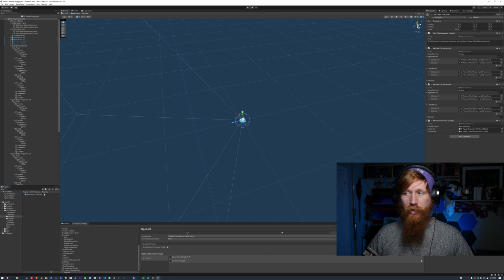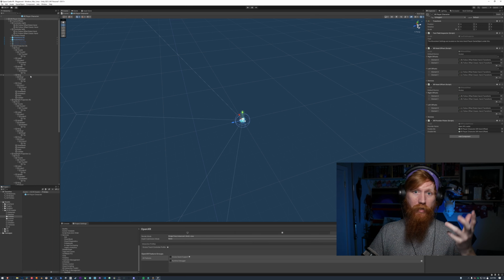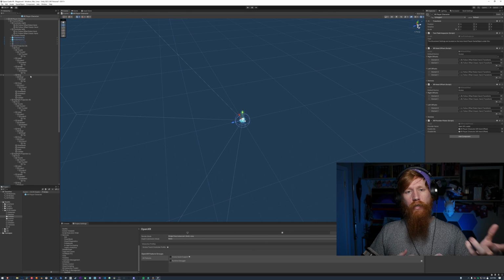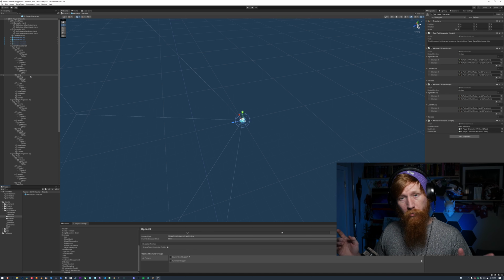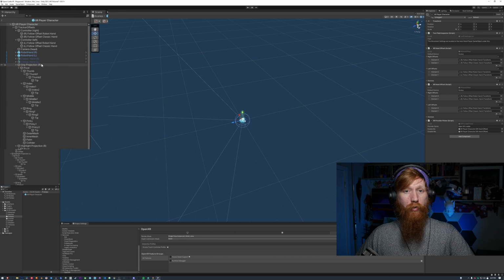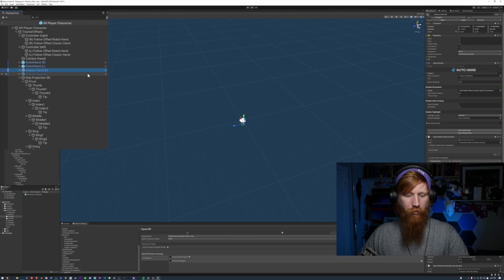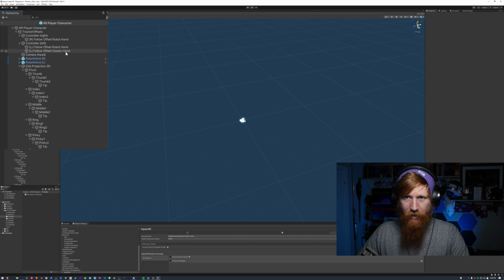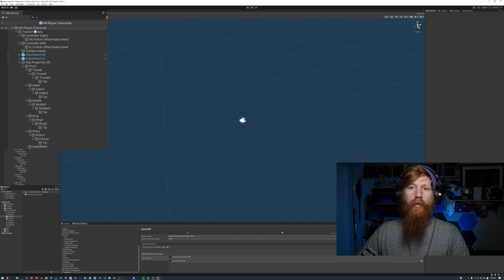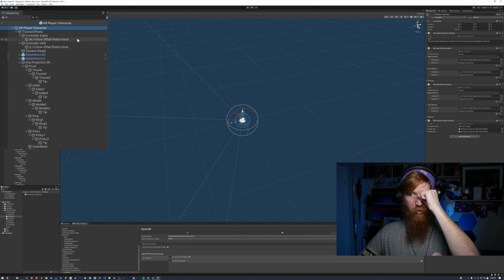There's a couple of things we need to do. First is that demo scene has two kinds of hands that you can switch between: the robot hands and a classic like fleshy version of a hand. I don't want that fleshy hand for lots of reasons, but definitely not in this prefab. So what we're going to do first is go through and remove all of the references to that, including these two classic hand prefabs, the classic hand offsets, and then we need to go onto the root XR player character